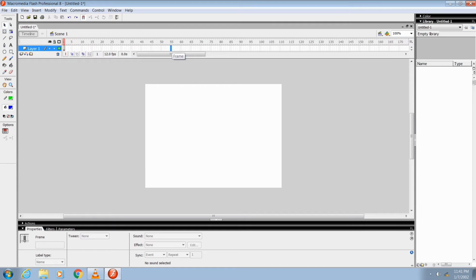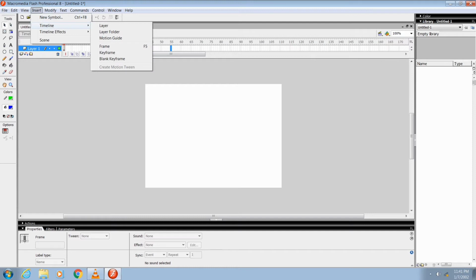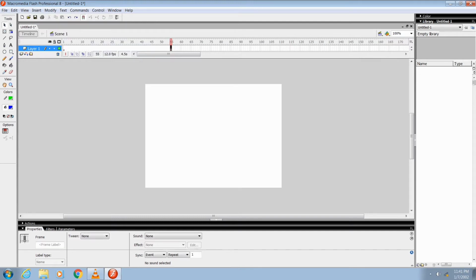Click on the frame firstly, then go to insert in the menu bar and go to timeline and the frame option. The new frame will be inserted. Okay, by using timeline you can insert a frame or keyframe.